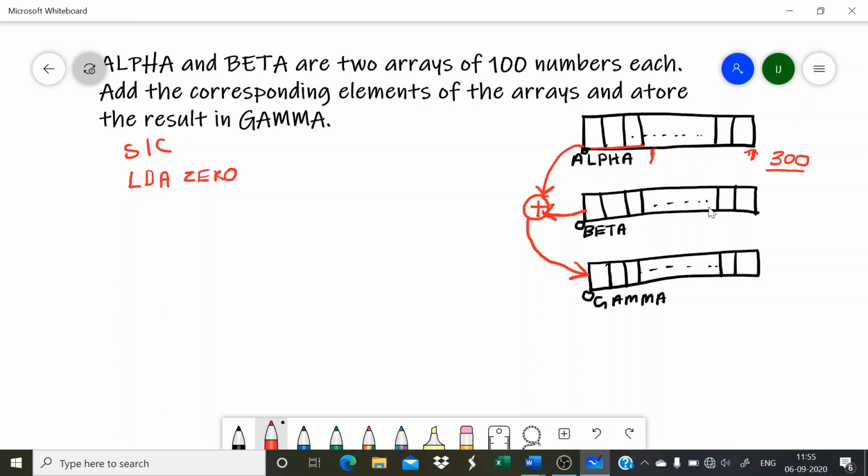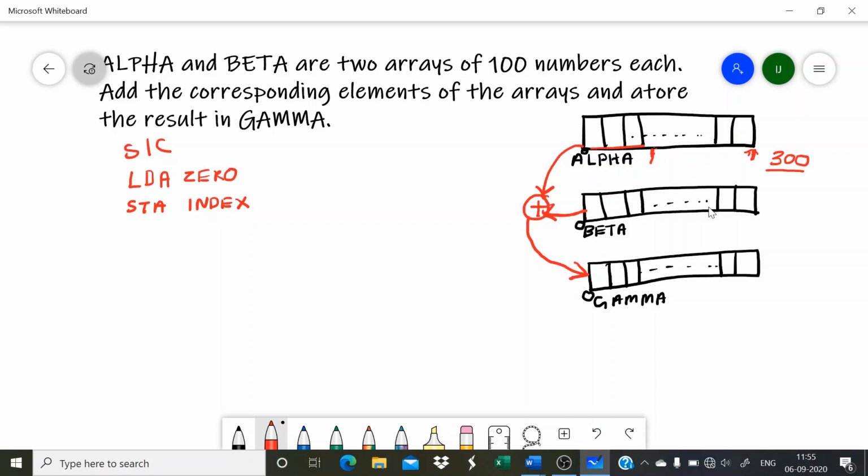So LDA 0, suppose this 0 is the constant 0. Then the accumulator is loaded with 0. Then STA index. STA index means store accumulator content to this memory location index. So index now is having the value 0.